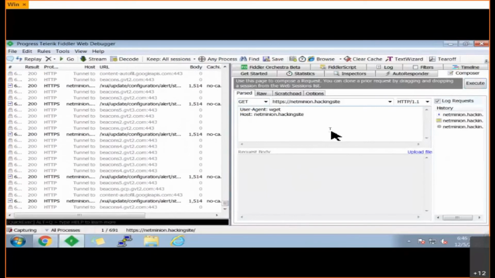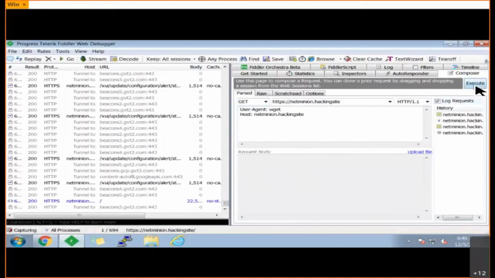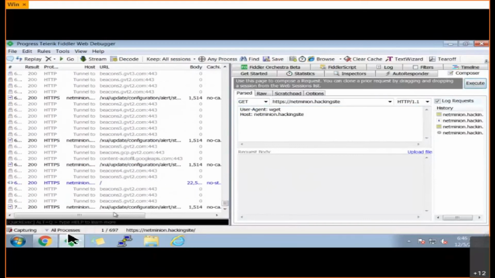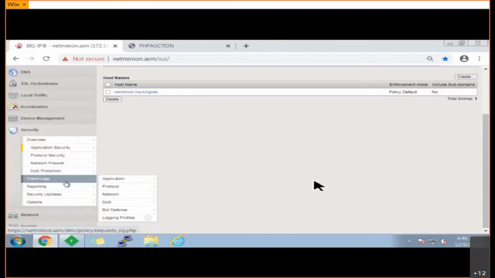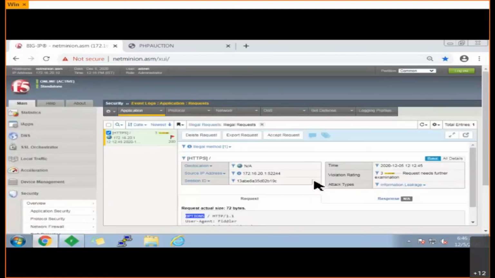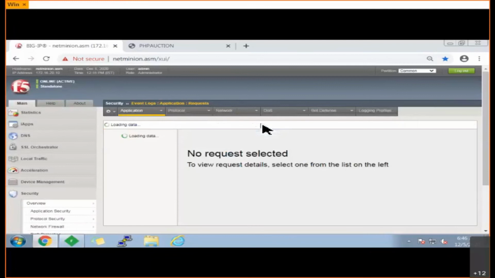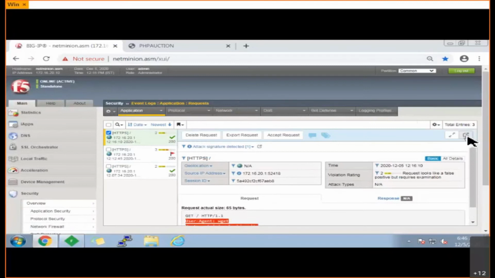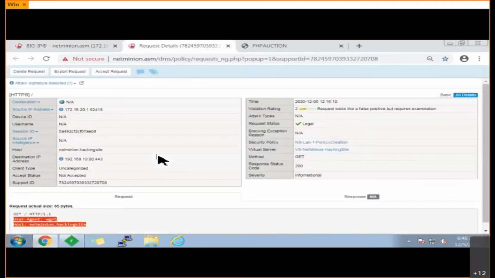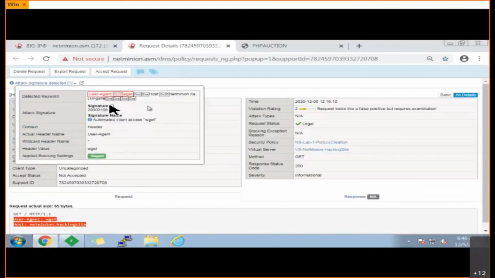Okay. Let me go to the execute command. So this request is getting executed now. Let me go over here and let me go to my event logs. Let me remove this stuff and check this one. Here in this particular request, it is showing you that one of the attack signatures is matched.